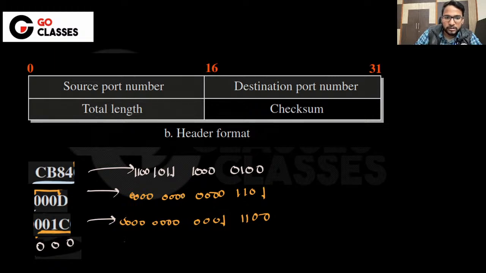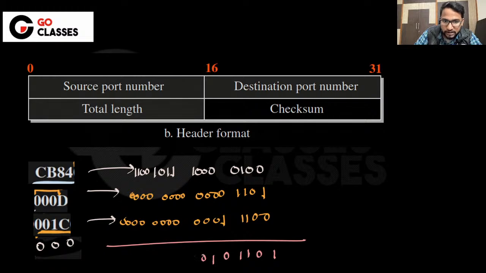Right. And now this is already 0, so don't worry about it. And then you need to add all of it. If you add all of this, this will be 1, this will be 0, this will be 1, and carry will be 1, this will be 1, then carry will be 1, this will be 0, then carry will be 1, then this is 1, this is 0, and then this is again 1, this is 1 1 0 1,